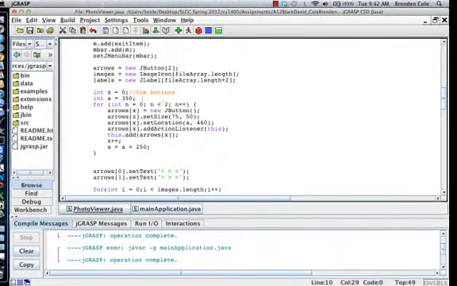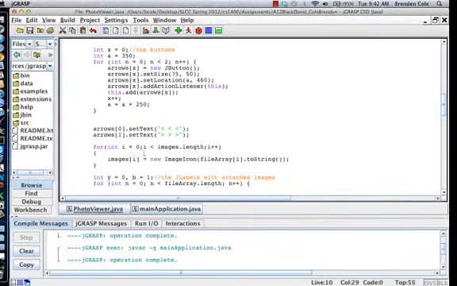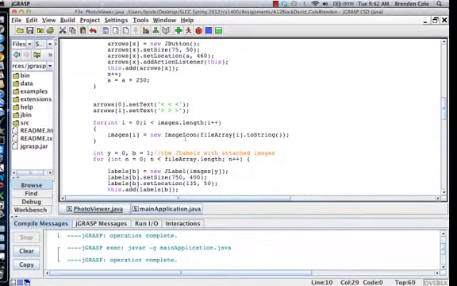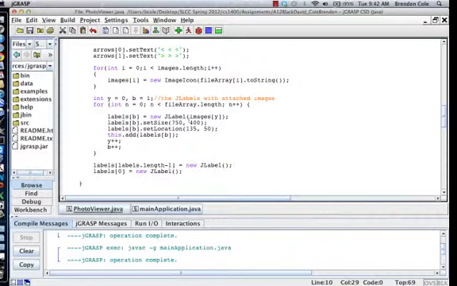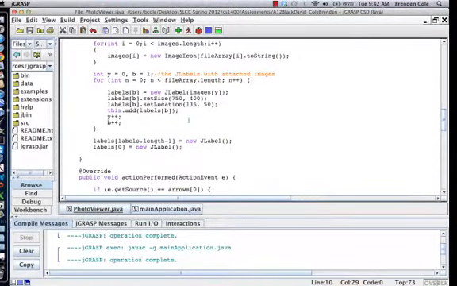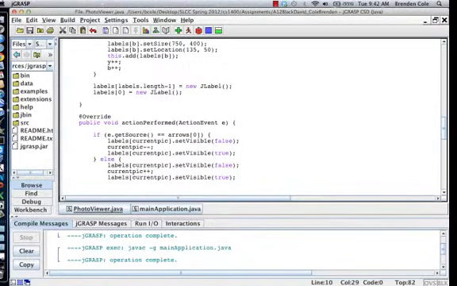Here's the buttons. So we've got two buttons, back and forward. So we initialize that with the for loop and set their size, and we've also set the text underneath, so we've got back arrows and forward arrows. And then what we're going to do here is apply these images into JLabels and image icons, and down here in the action performed, what we're going to do is, if the button is pushed,